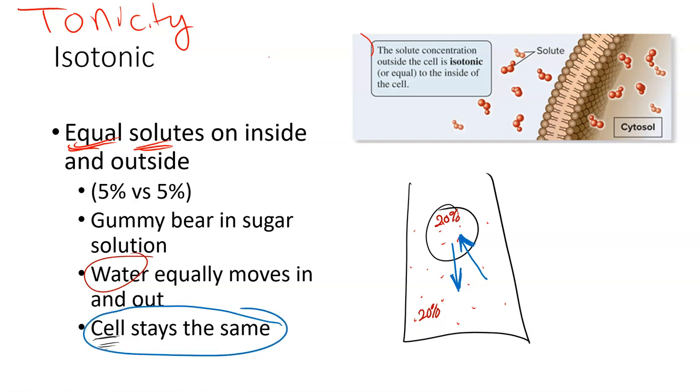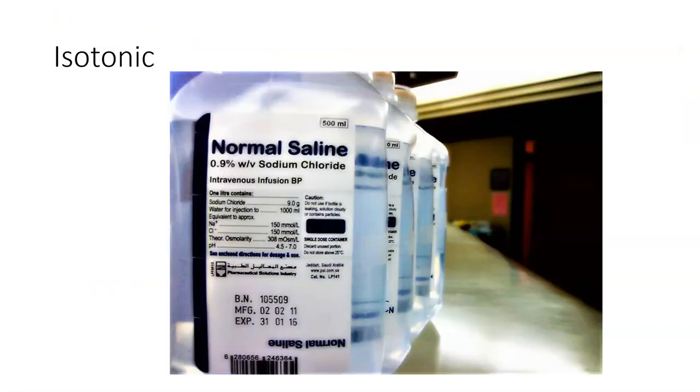Isotonic means equal parts on the inside and outside, equal solutes, in particular that solid portion. The water is going to move in and out equally, and because of that, the cell size will stay the same. An example here is going to the doctor. If you ever need an IV, and I know we have a lot of nursing majors, if you have a patient, you cannot give your patient pure water. Pure water will cause their blood to dilute itself. And because of